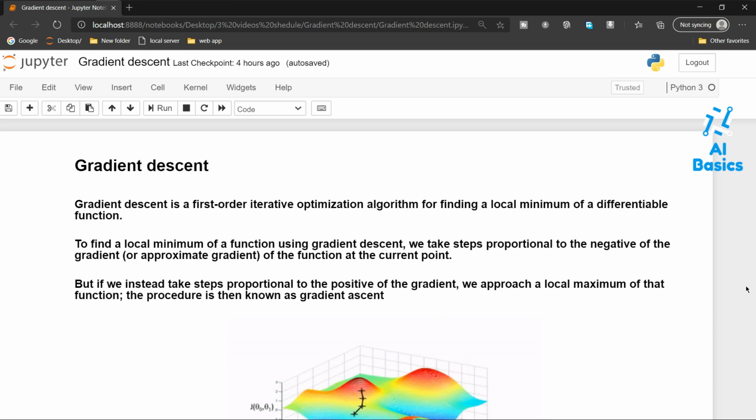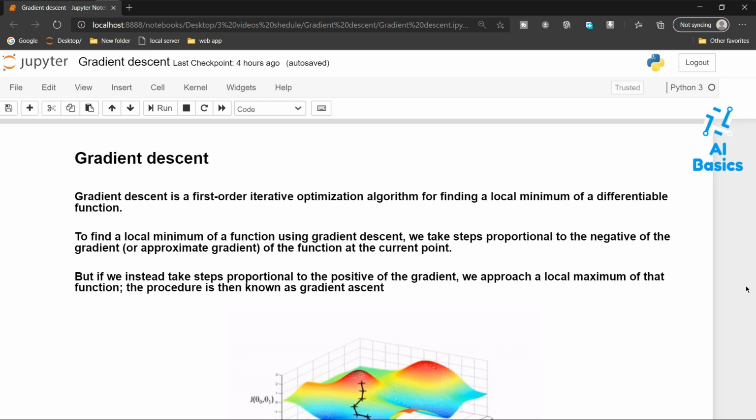In the last video we saw how to do a simple linear regression using the normal equation. At the end of that video, I said that the normal equation fails in some cases, like when we have more independent variables, the normal equation takes a lot of time to process the data. So what is the alternative to the normal equation? There is a method called gradient descent. By using gradient descent, we can overcome that problem.